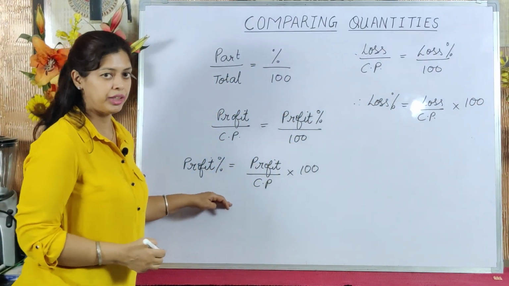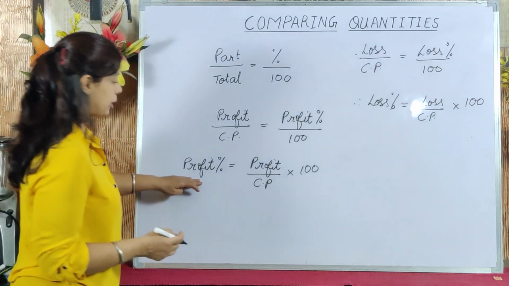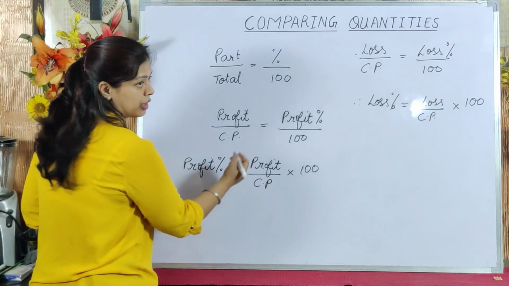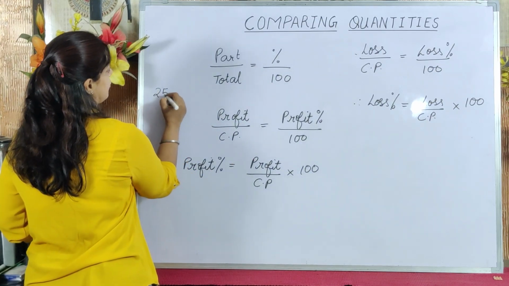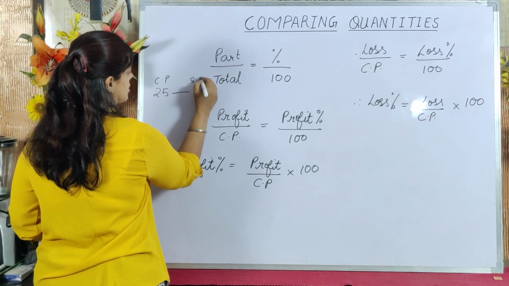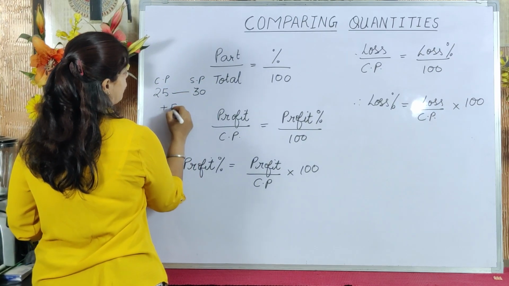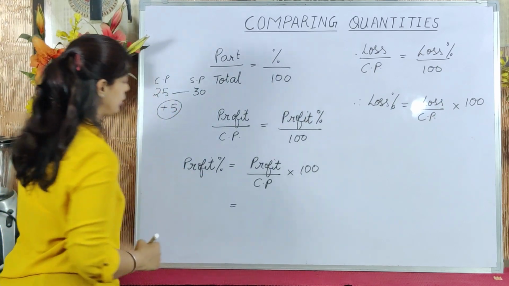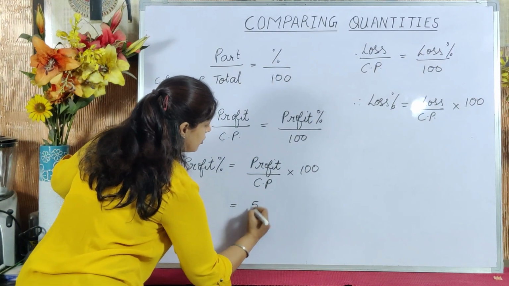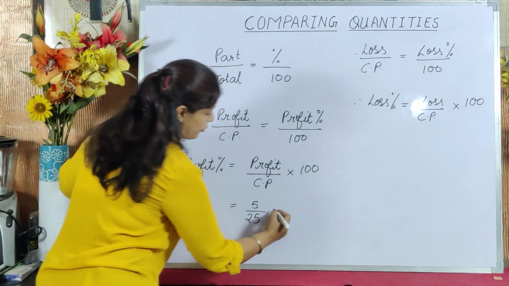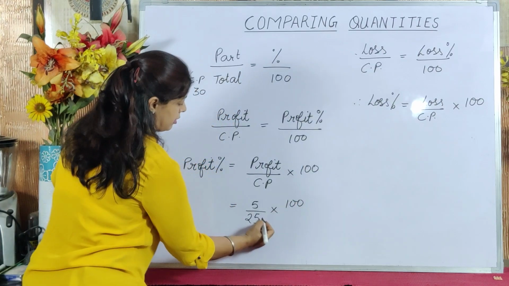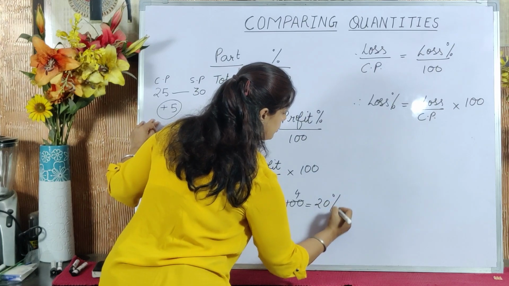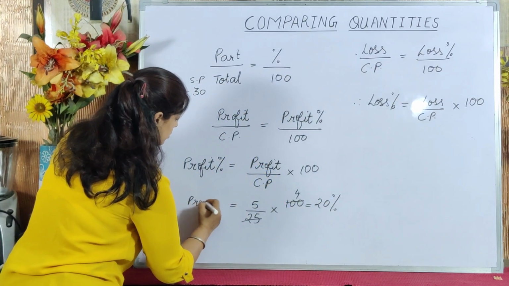Now in the previous example which we did about the pen, if that person was making 5 rupees profit, he sold the pen. In the first part we said he purchased the pen for 25, cost price was 25 and selling price was 30. So he made a profit of rupees 5. Now in order to calculate the profit percent, we just replace the values. Profit was rupees 5, cost price was rupees 25 of the pen multiplied by 100. So 25 goes 4 times in 100, 5 4s are 20. So 20% is your profit percent.